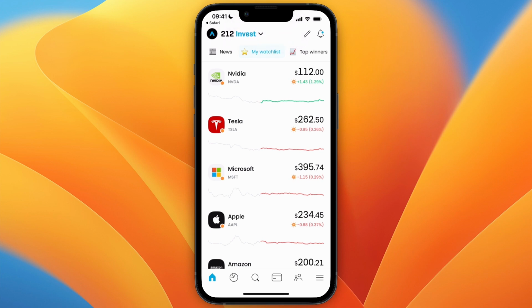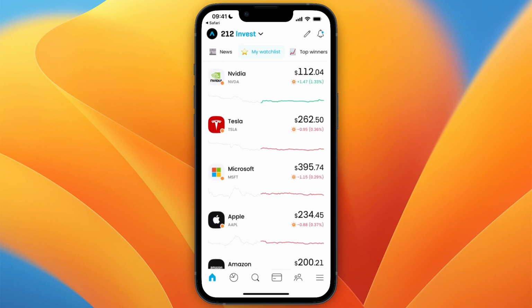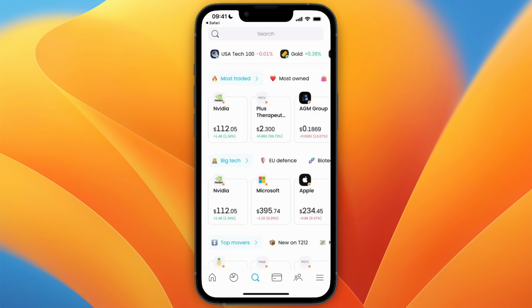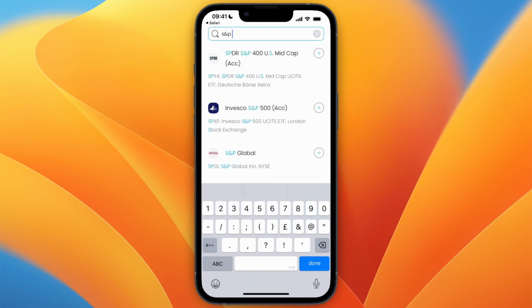In this video, I will show you how to buy S&P 500 on Trading 212. To do this, go and open up Trading 212, and then what you want to do is simply click on the search icon in the bottom of the screen. From there, click on the search bar at the top, and there you want to go and type in S&P